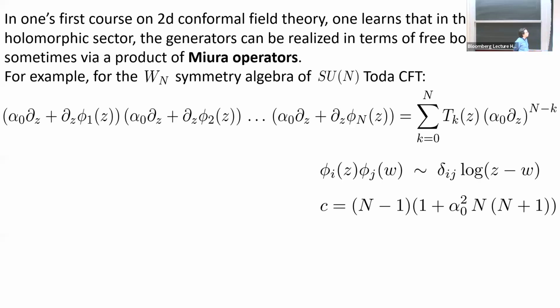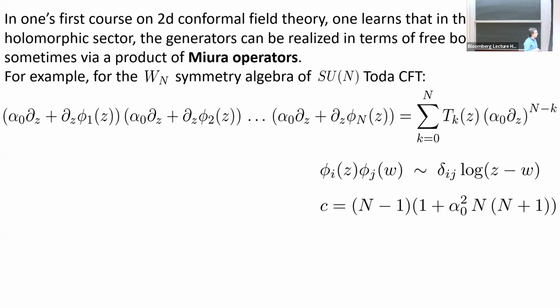The most famous example would be this W_N symmetry algebra for SU(N) Toda CFT. Each factor here is called a Miura operator. It's made up of free bosons, which I called phi_i of z, depending on this holomorphic coordinate z for your Riemann surface. And the two-point function of your free bosons is very standard. It's just free bosons. This parameter alpha_0, sometimes called background charge, basically gives you the value of the central